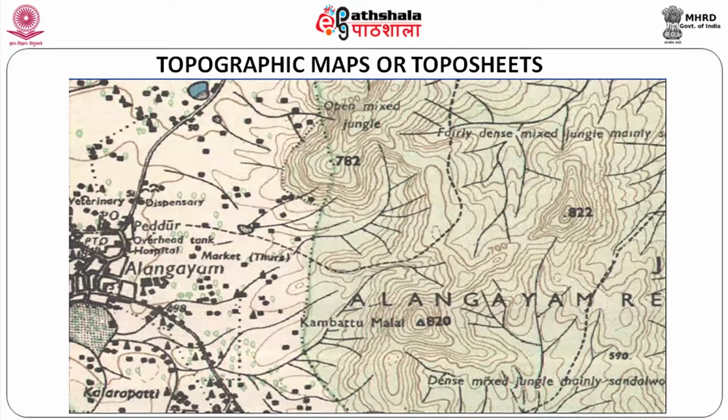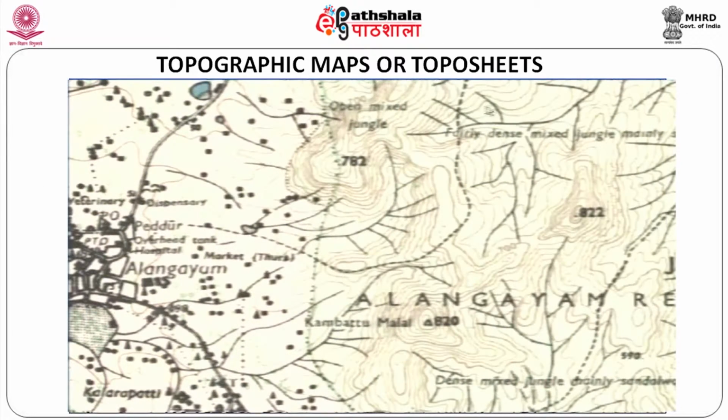On the left side, you will find a small village named Alangayam. On the right side, you find various contours which are representing different heights and elevation. What is important here is that contour lines, as I told you earlier, are nothing but lines representing one particular height. Here, the thicker lines are showing the multiples of hundreds, whereas